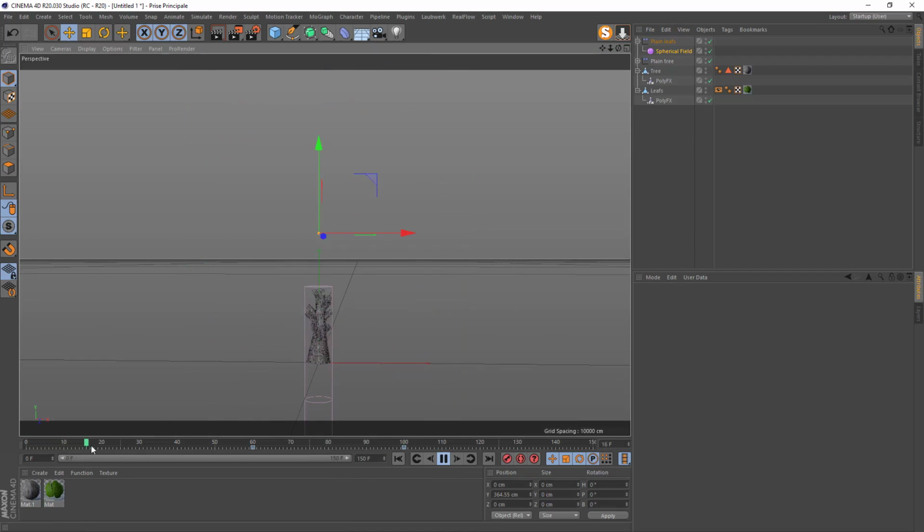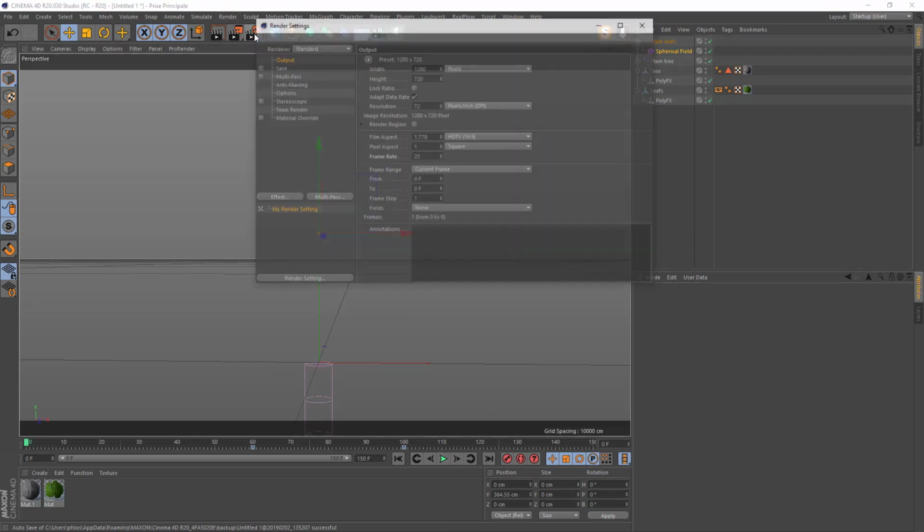Here it's 1 second, but it's already maybe 10 seconds to reach 1 second, so it's 10 times slower than the real playback. So to get a better preview, we can go there.